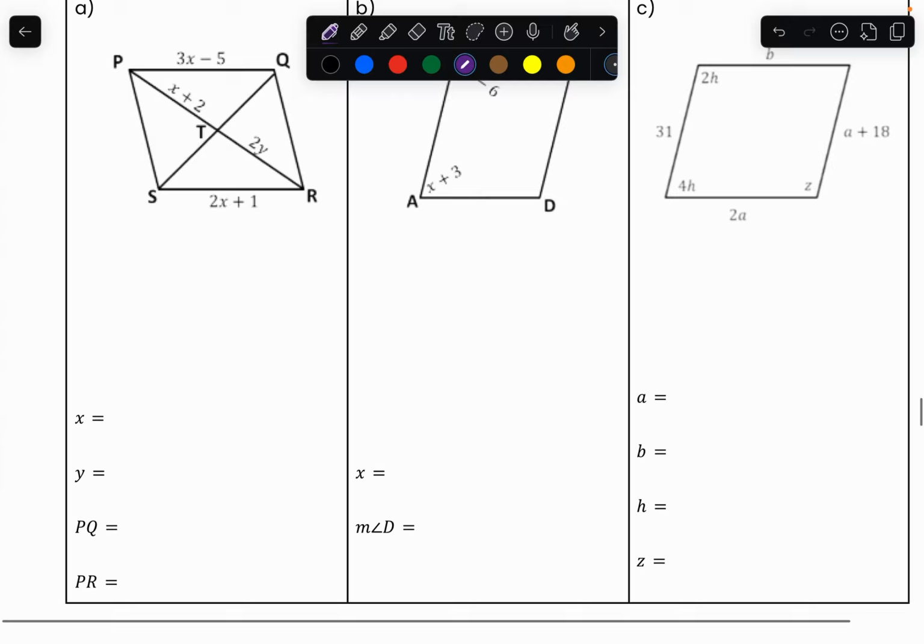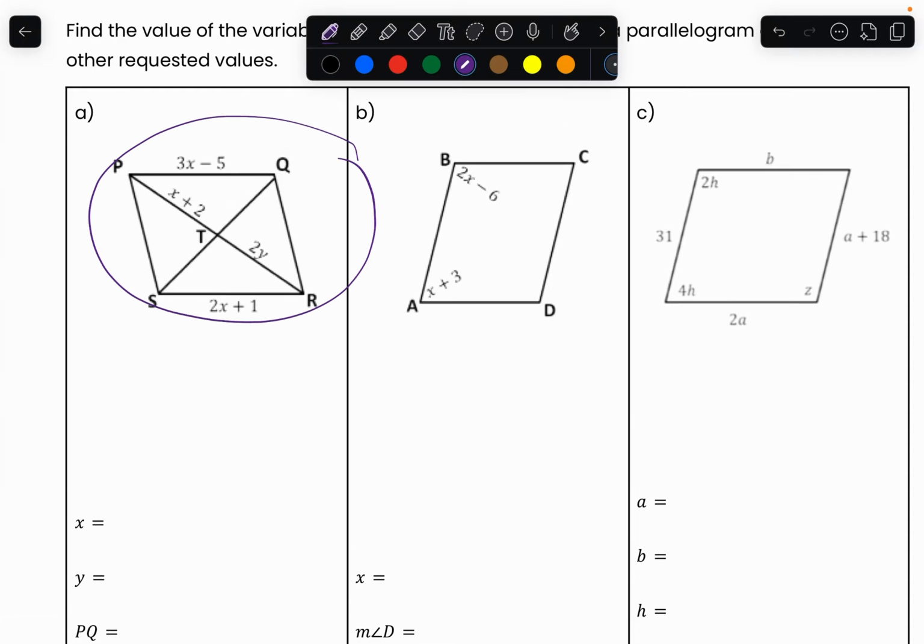Going to look at lesson 9.2, which is going to be properties of parallelograms, part 2. Example 1 says: find the value of the variable that makes a quadrilateral a parallelogram, along with any other requested value. So basically this question is asking, looking at example A here, what must x, y, and PQ and PR be so my shape follows all my rules of a parallelogram, which is that opposite sides